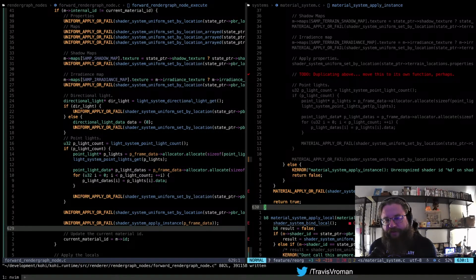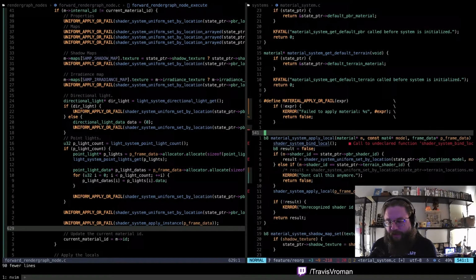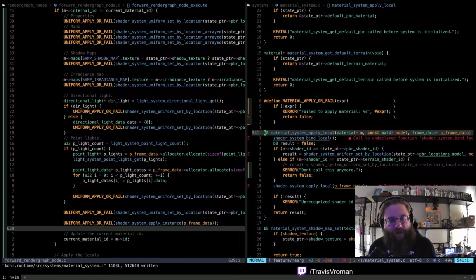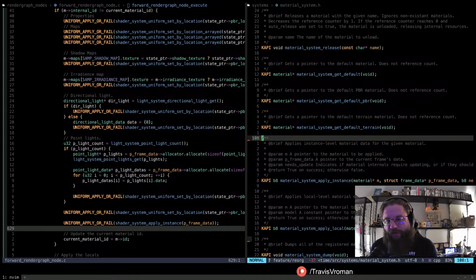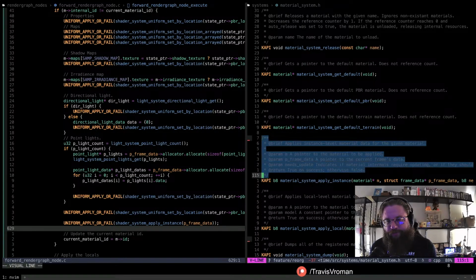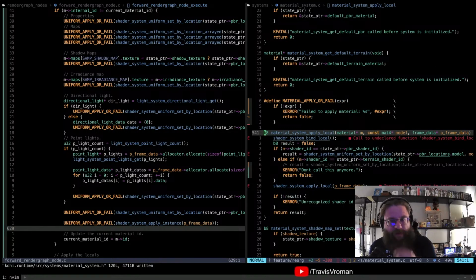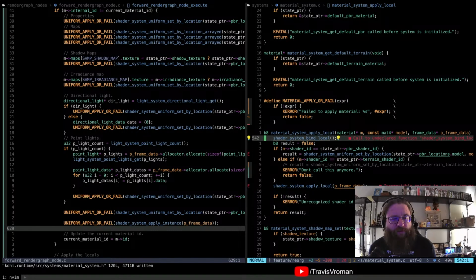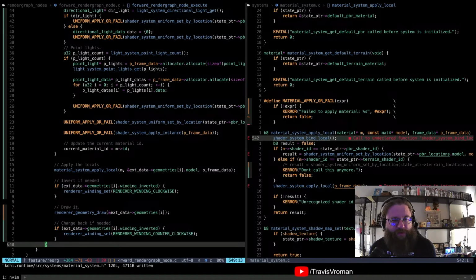So what that means is over here on the material instance side, we can select that whole chunk of code and nuke it, right? And so from there, we can go to material system H, and this material system apply instance, gone. All right. The last one is this apply local, which is going to be really quick because it's pretty small. So we'll just knock that out really quickly too.